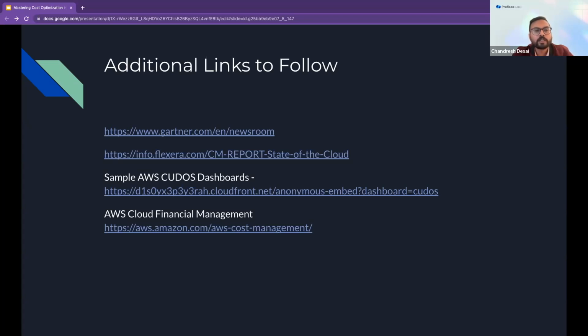AWS has a really good article, or probably you can also follow the AWS Well-Architected Labs there. They have a proper setup and process for how you can install the AWS KUDOS dashboard, how you can create a Cost and Usage Report, and that will send the data to S3, and that report you can use in the Cost and Usage dashboard there.